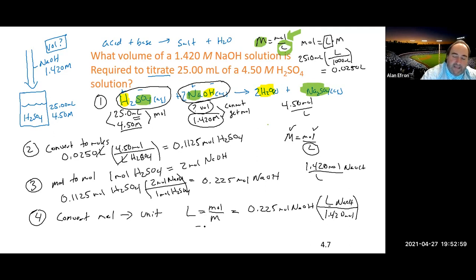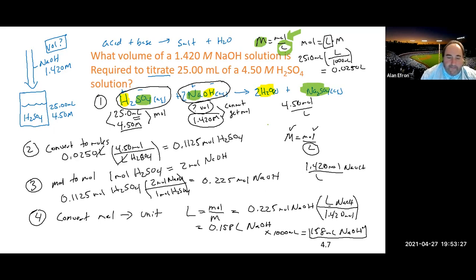That tells us that we will end up with 0.158 liters of sodium hydroxide is needed. You can multiply that by 1,000 to convert it into milliliters, or move the decimal, so it is 158 milliliters of